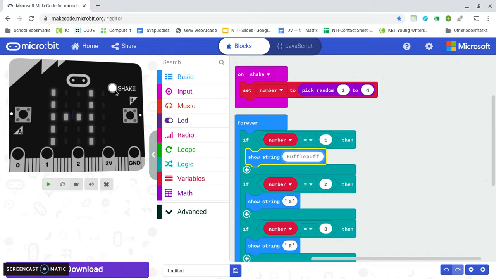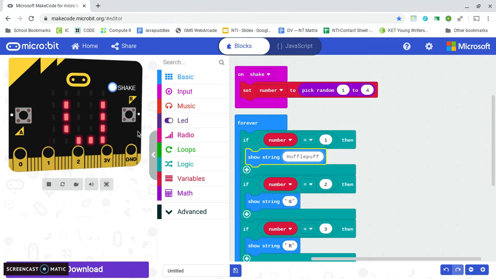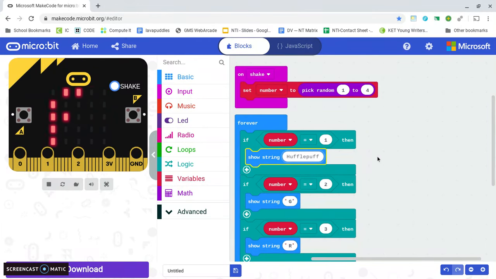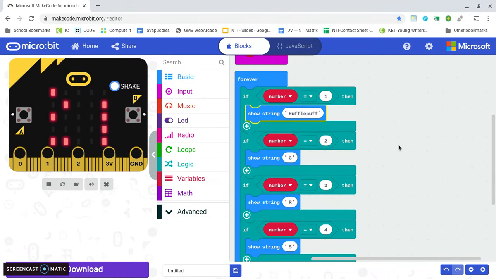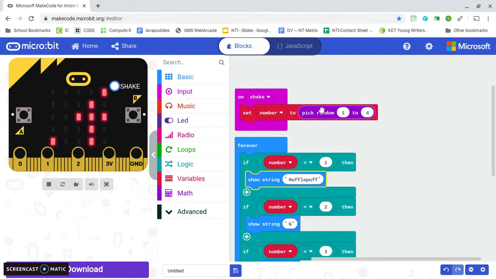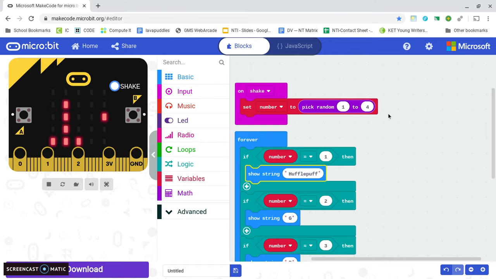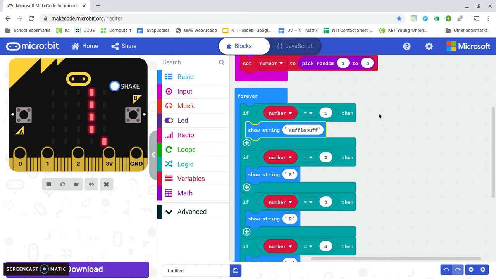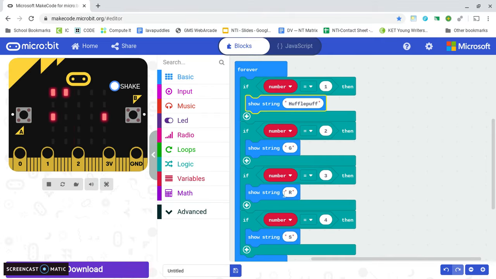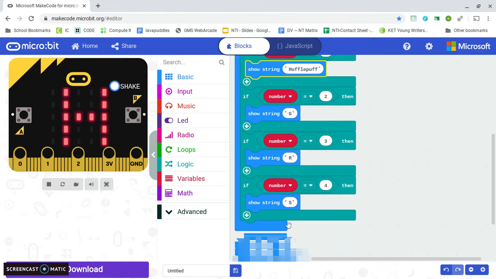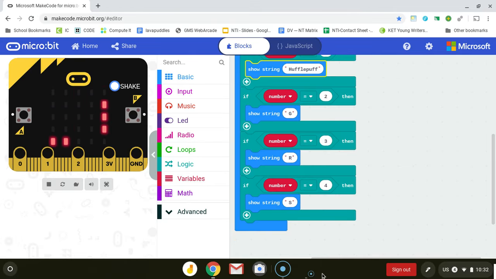Let's shake it until we get... So G is still short. Now there's Hufflepuff. So you can make the whole thing pop up on there if you want to. You could also use this to make a Magic 8 Ball where you could have as many different responses as you wanted to. So it could say, ask again later, definitely, probably not, I'm not sure. Or maybe you can come up with something completely different that uses the same basic